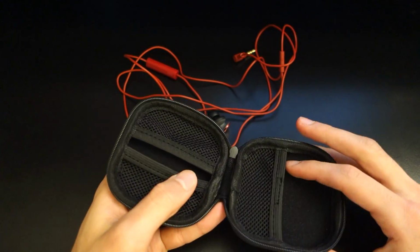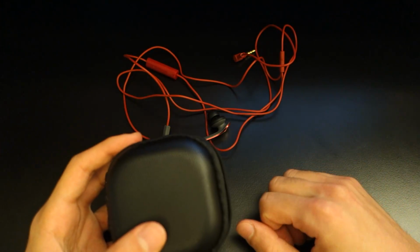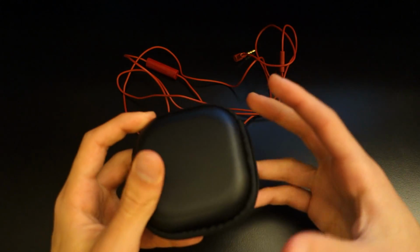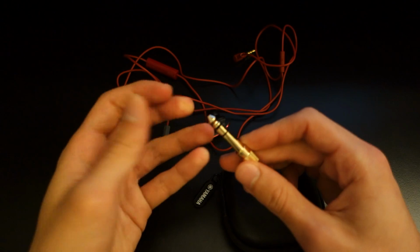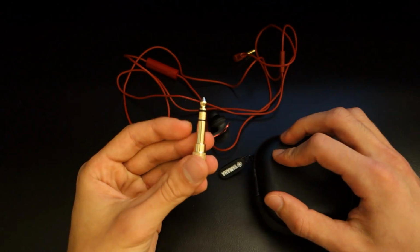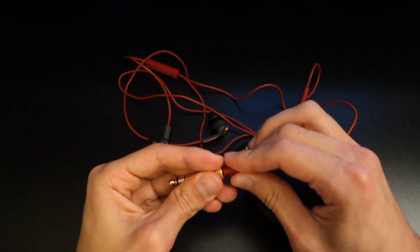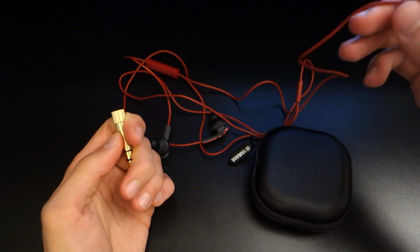So in terms of the overall packaging and accessories, I was a little bit disappointed because, first of all, there's no foam tips included, or other sets of tips such as dual or triple flange tips. There's no soft carrying pouch, and on top of that, the inclusion of a 1/4 inch jack kind of baffles me. I've hardly ever seen it included in a set of earphones, and I can understand that Yamaha does sell quite a lot of amps and receivers and things, but I can't realistically imagine someone buying a receiver